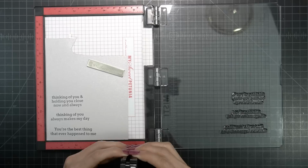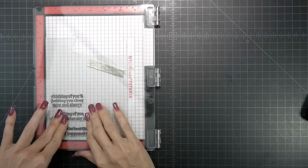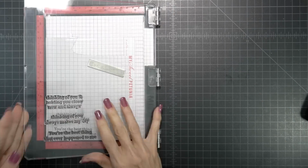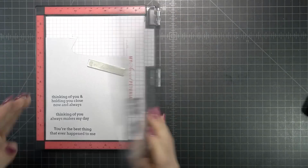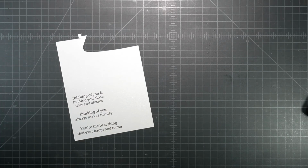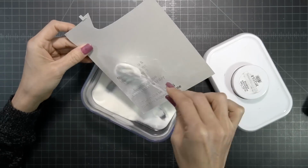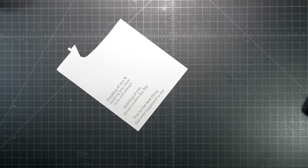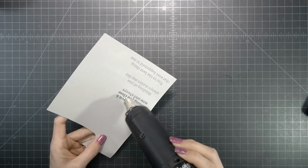But it's not dark enough. So I'm going to go back and add the VersaFine Clair because it is super dark. And I'm going to use some clear embossing powder on top just because it adds a little bit of sheen to it. I am using the Brutus Monroe Icicle. I'm going to heat set that with my heat tool, and then I'm going to trim everything out